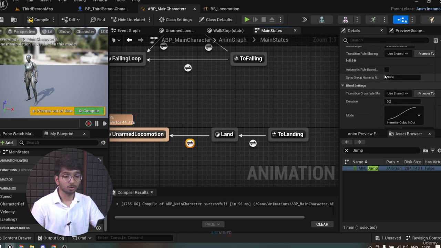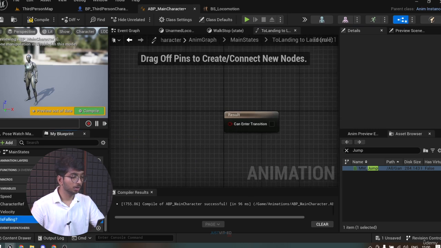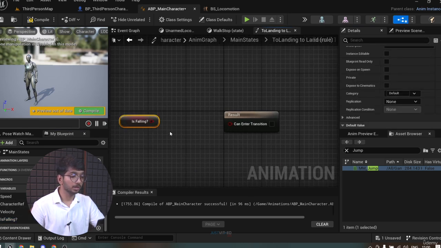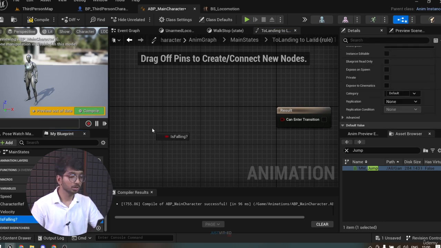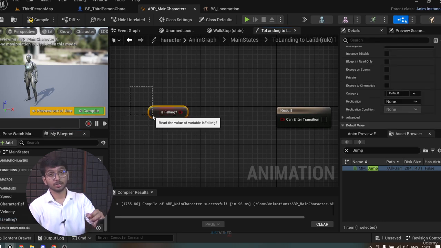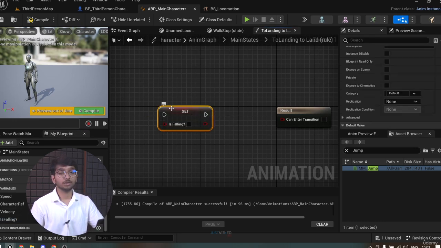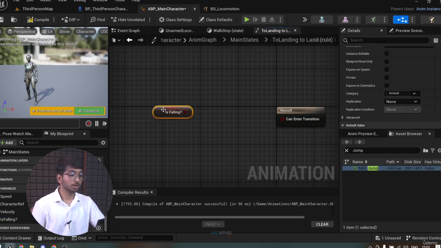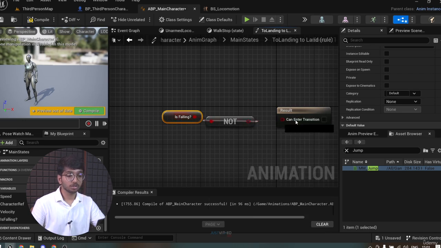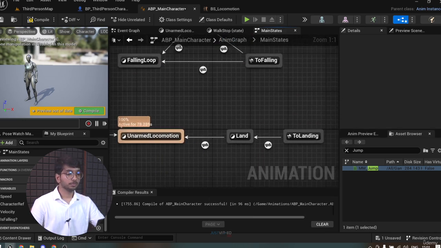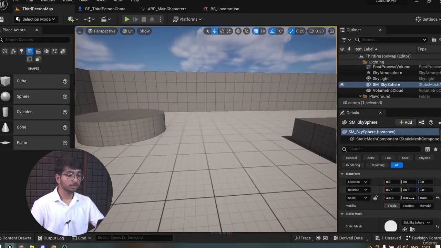This transition is going to be automatic rule based. This is going to be if we are not falling. So we'll get is falling. Also, one shortcut for getting and setting is you can press Ctrl on your keyboard and drag it here to get the value, and you can click on the Alt and drag it here to set the value. So we'll get the value, and if we are not falling, not boolean, only then we can transition. Compile this, everything looks fine, and once we play it,